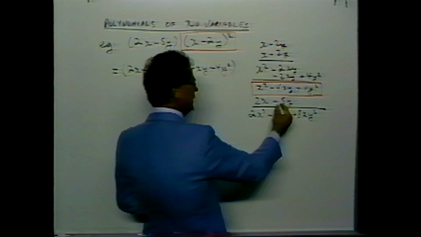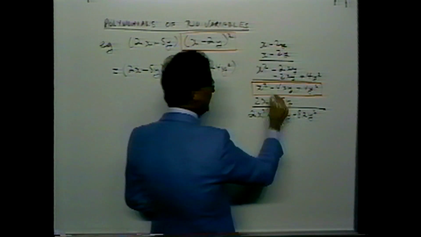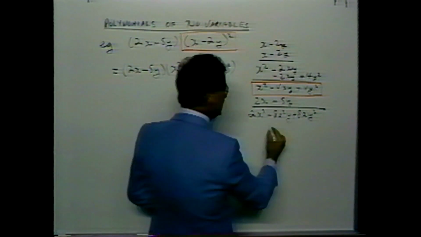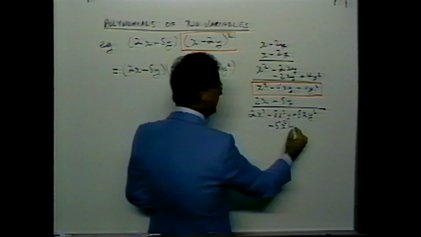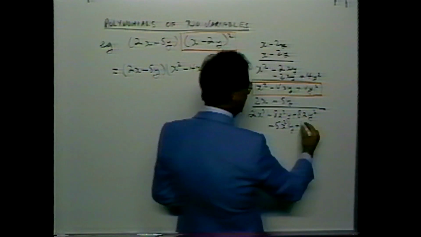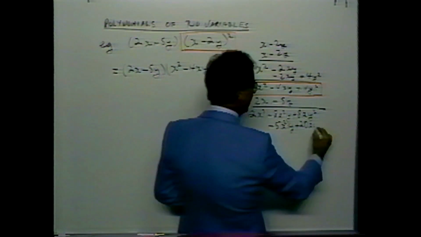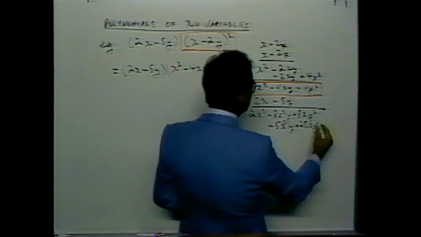Follow this by multiplying each of the three terms by minus 5y. It's minus 5x squared y. That'll go under this, since they're like terms. Minus 5y times that is plus 20xy squared,